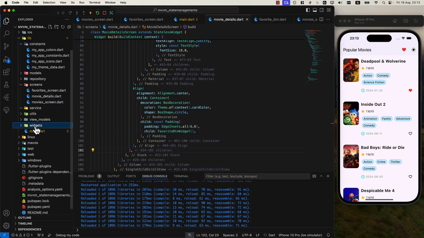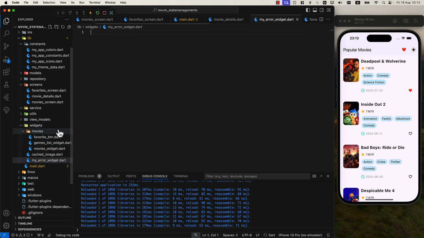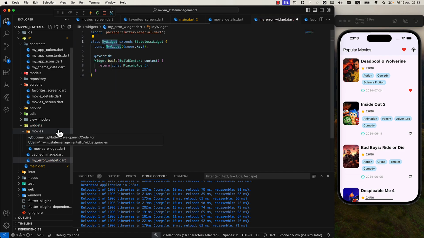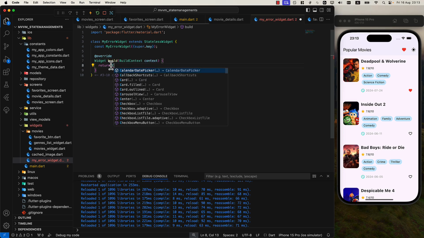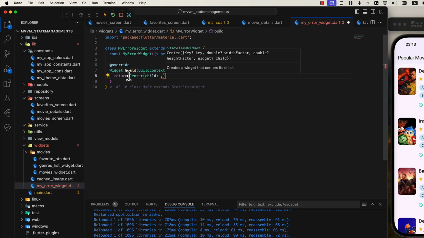So what I'm gonna do inside of the widget folder, because this is a global widget. So let's say on my error widget, like this. Here we can create a stateless widget. We can name it my error widget, like this. Now in here, I'll put it in the center, then use as a child